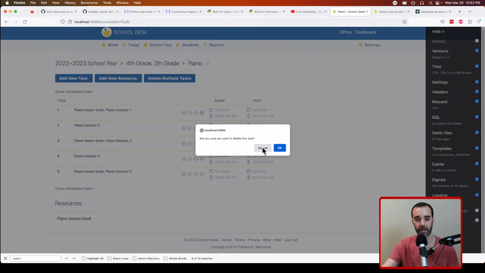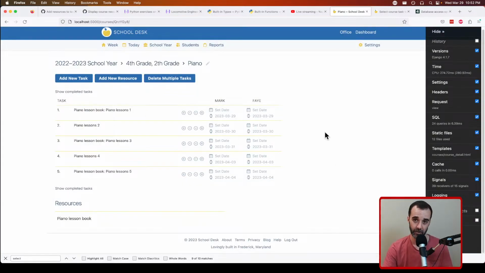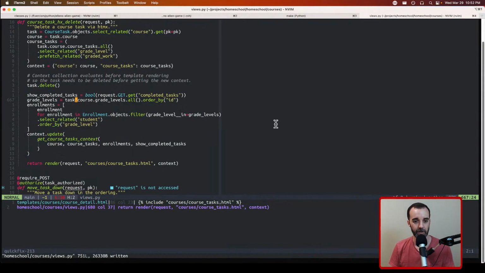But if I did hit OK, what's going to happen is HTMX, this JavaScript library that I have, would delete the row or issue an AJAX request. And whatever the Django side returns back will be substituted into the place of whatever's here. So I have set it up so that it will replace this entire list again. And it is during that rendering that this would get really slow. So we need to make sure that the tasks that are being assembled here also have the necessary prefetching logic,